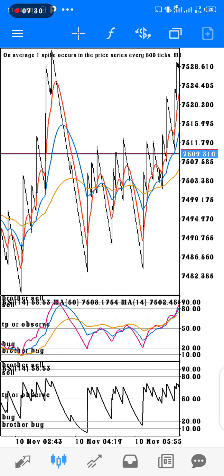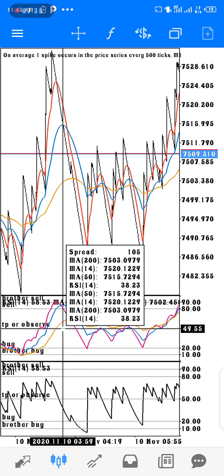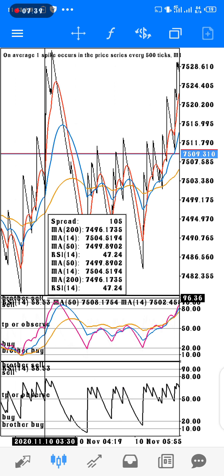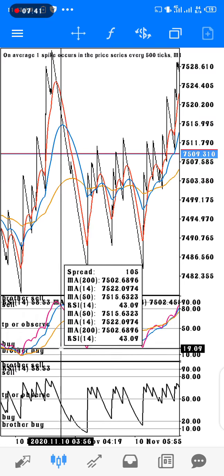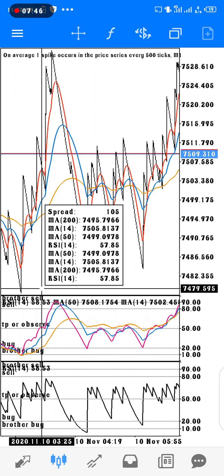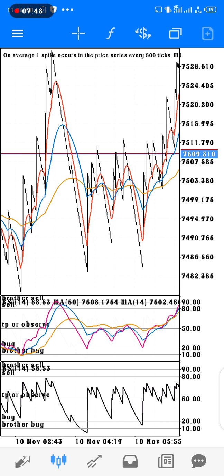And make sure when you're taking the 5, the indicators are in the sell zone. Please don't buy when they are in the buy zone. Buy when they are in the sell zone. Hope you understand. Okay. Now let's move to VIX.